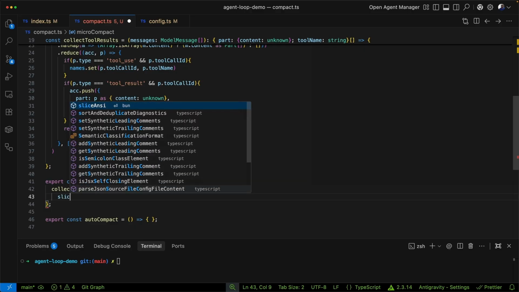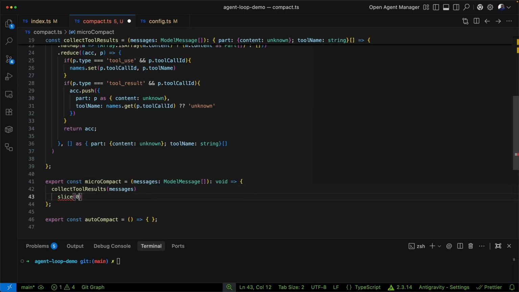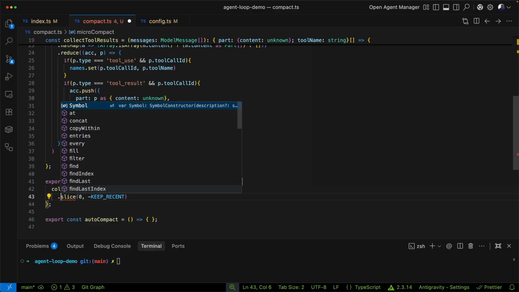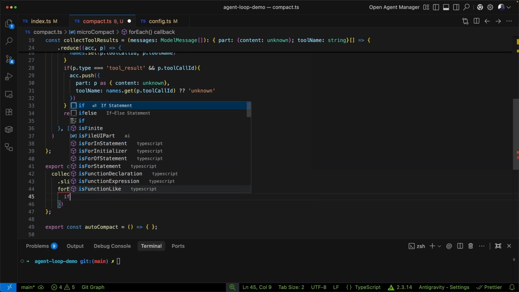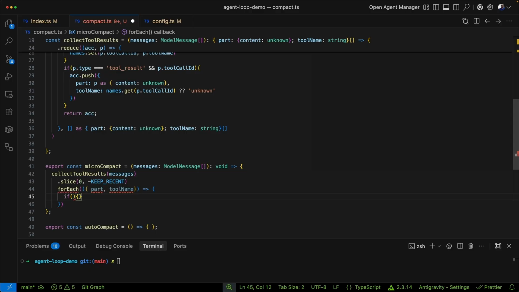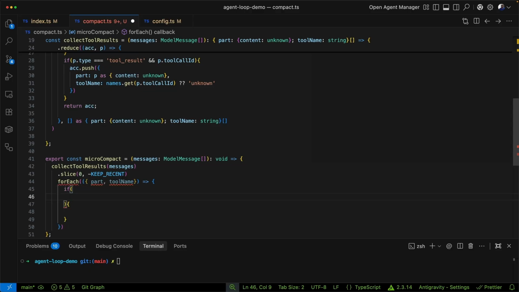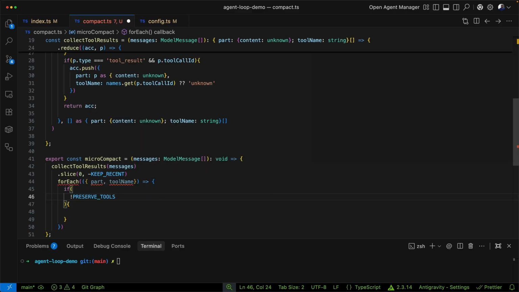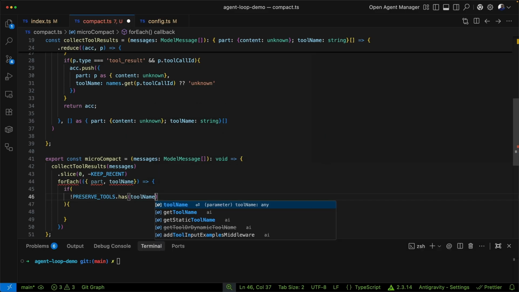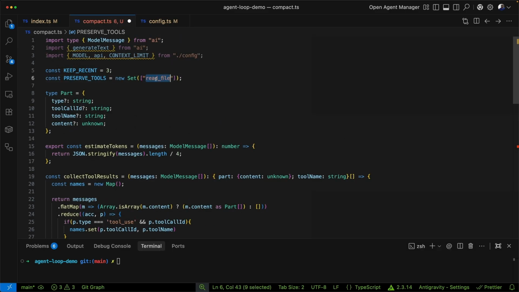On that, we're going to slice 0 to minus keep recent. So we're keeping our most recent 3. And we're just going to forEach those guys. Get our part and our tool name. And we're going to have a big old if condition here. So we're going to say if not preserve tools.has tool name. So in our case, if this isn't read file,